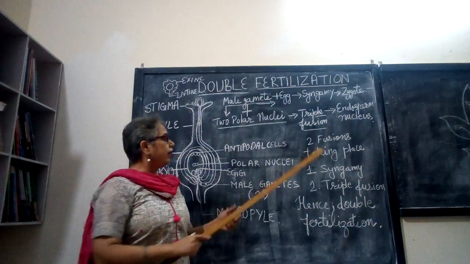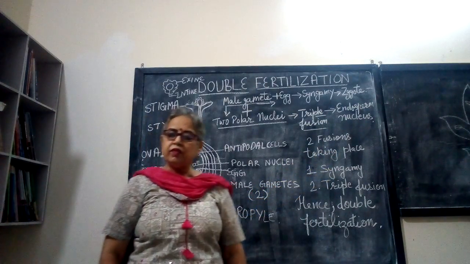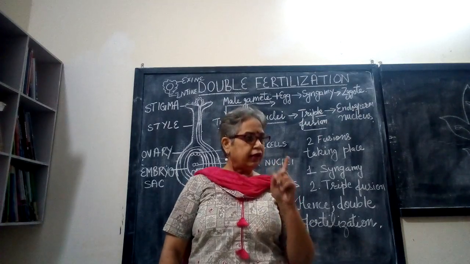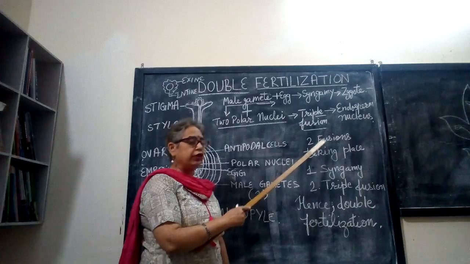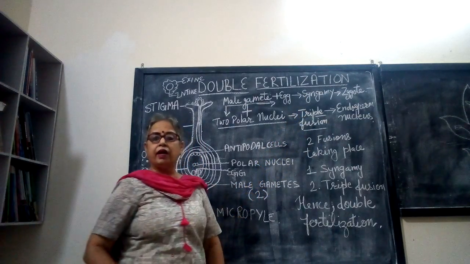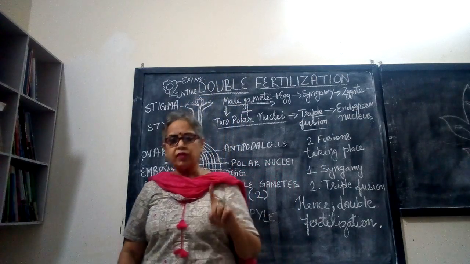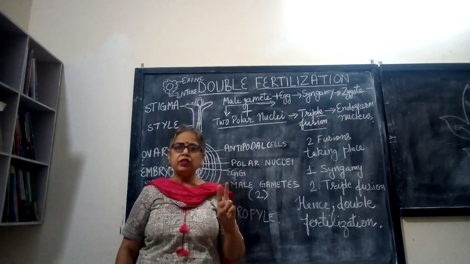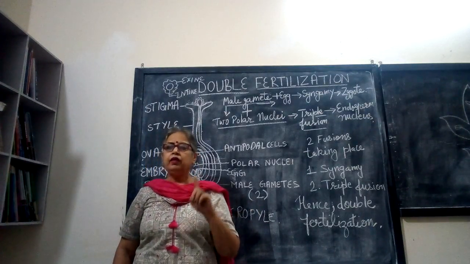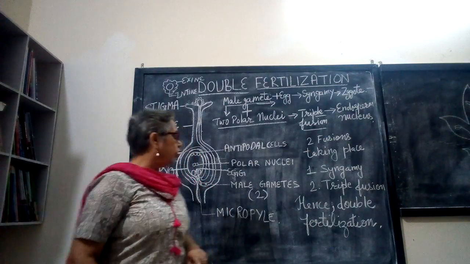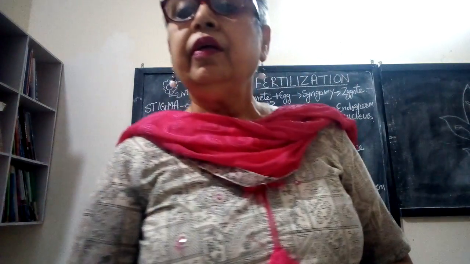Okay. So as you know, 2 fusions are taking place. How many fusions are taking place? 2 fusions, right? Which are these? Syngamy and triple fusion. So these 2 fusions are taking place, syngamy and triple fusion. So this type of fertilization in which 2 fusions are taking place is called double fertilization. Okay. So this is double fertilization, and